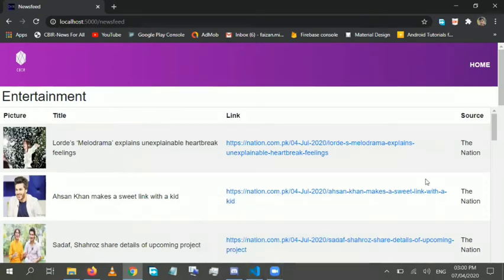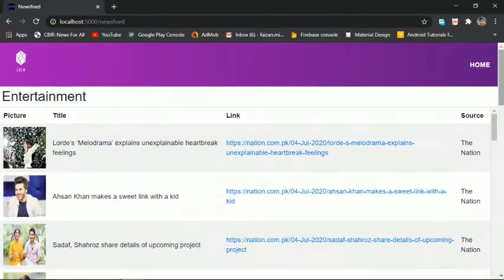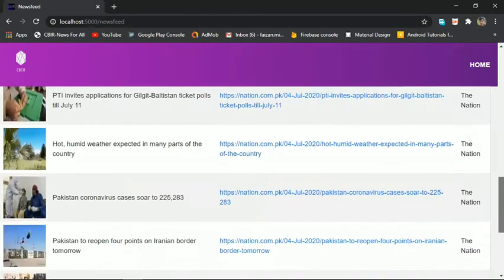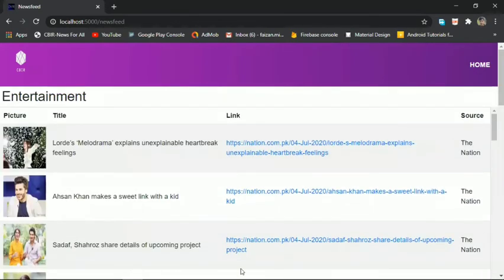As you can see, the newsfeed page is showing the news according to the interest we selected. We selected entertainment, so it's showing you all the results matching the entertainment section, and we selected Pakistan, so we can see all the latest news, all local and national news. It's all being displayed and maintained here.